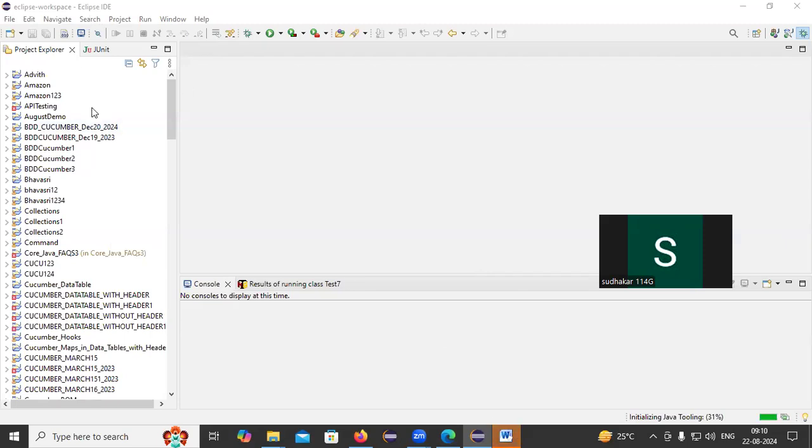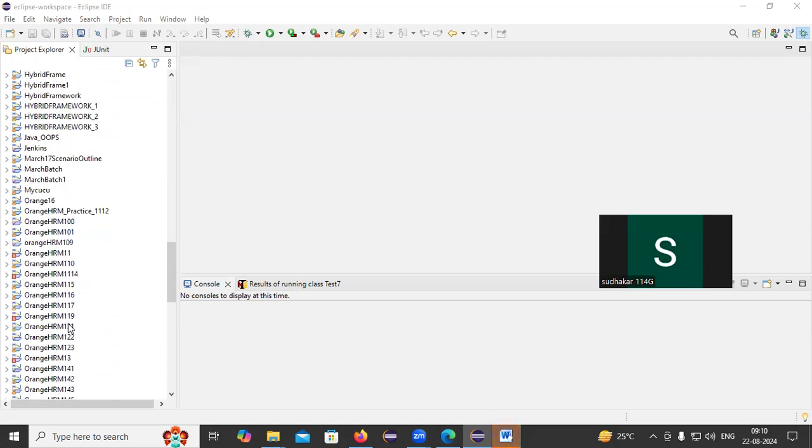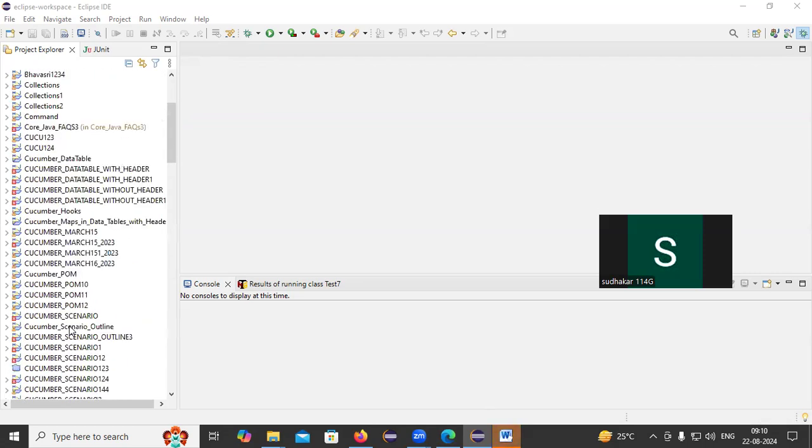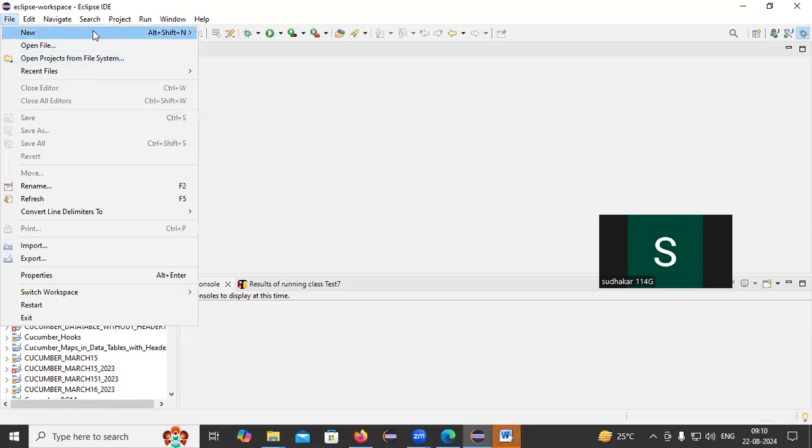So today's class we are going to discuss how to create a Maven project. Okay. So let's see how to create a new one. On the left hand side we are able to see so many projects here. So we are going to create our own project. To create a new Maven project, we have to navigate to the file menu, new and